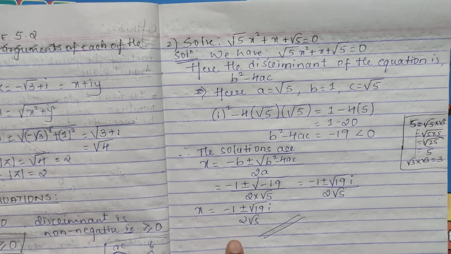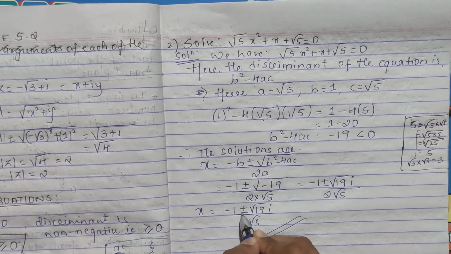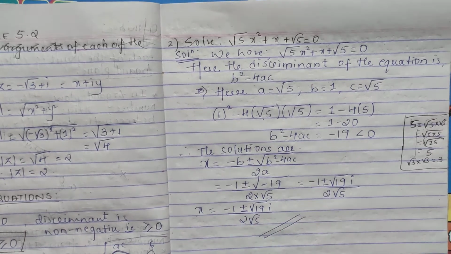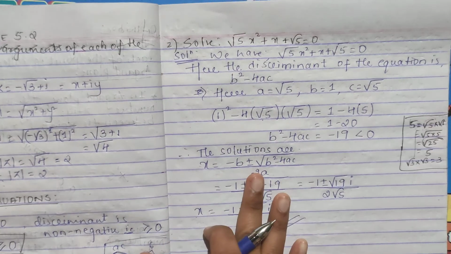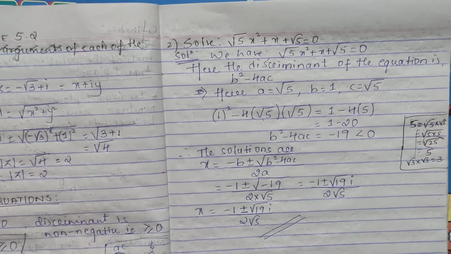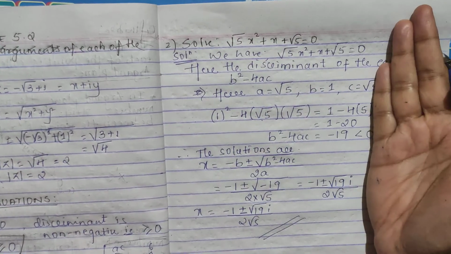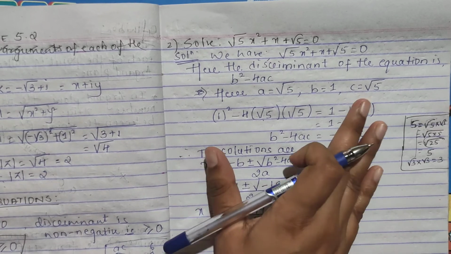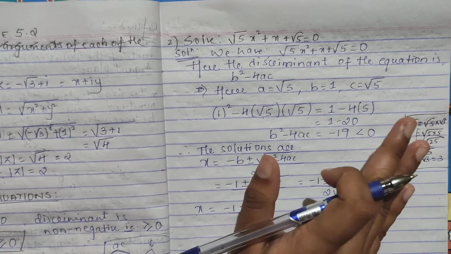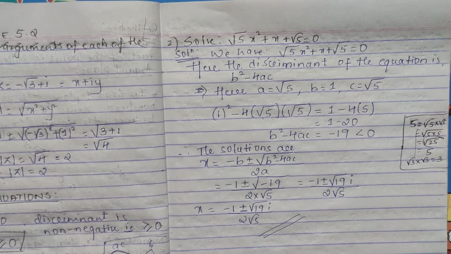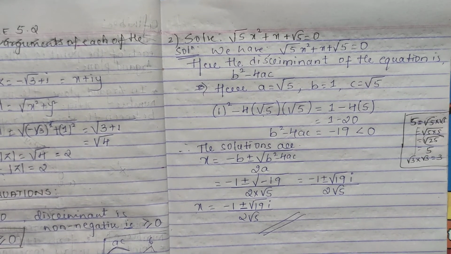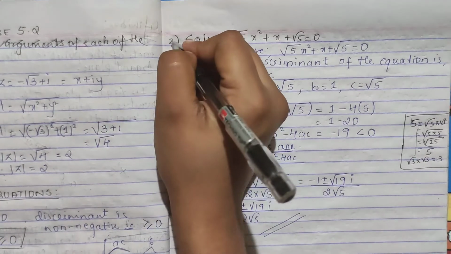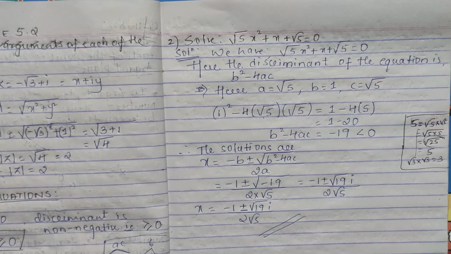Why do we call them solutions? Because I have said plus or minus, there are two separate roots. So we say solutions. Understood how you have to solve? When you have a, b, c all three, and you are getting negative, you have to use the formula. If you are getting positive, you can factorize it directly, which you have done in your 10th standard.